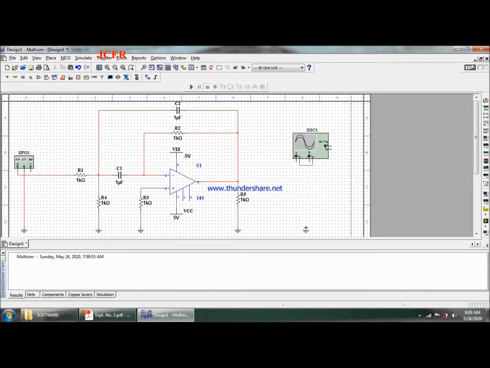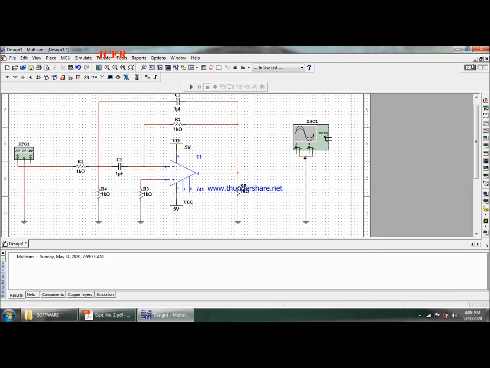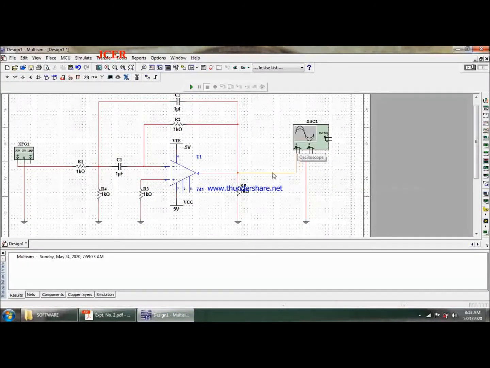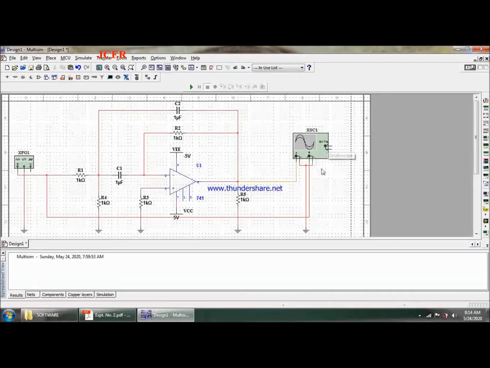There is no thumb rule that channel A has to be on the output and channel B on the input. It is up to the user. So I'll connect channel A onto this output terminal and channel B onto my input, so that I can view my input and output signals.